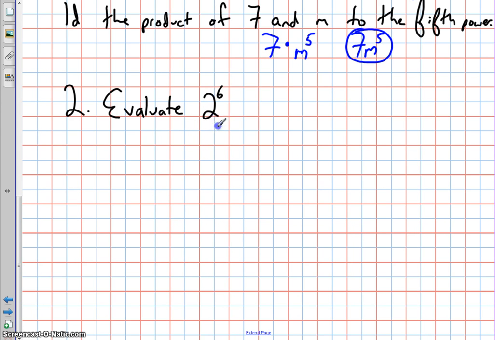And so the trick is to know what the word evaluate means. When you see the word evaluate, that means really to find the value of. So this expression has a value, and how do we find it? Well, it's going to be 2 times 2 times 2 times 2 times 2